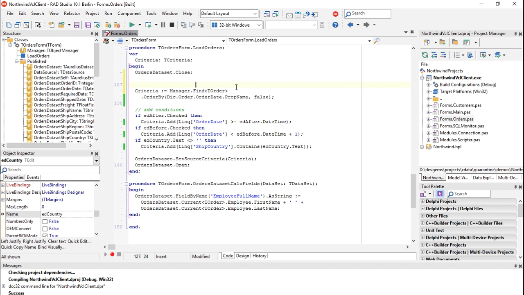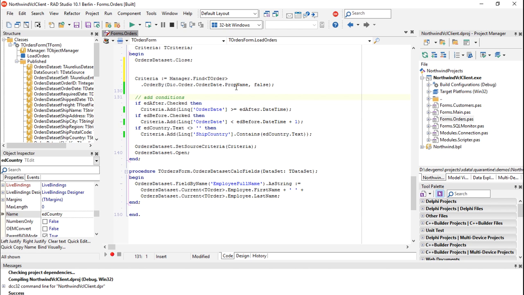I can use the fluent interface I showed you, or I can use this more object-oriented interface to create the criteria. It's the same thing. In this example, I'm asking Aurelius to retrieve all TOrder objects, order it by order date,